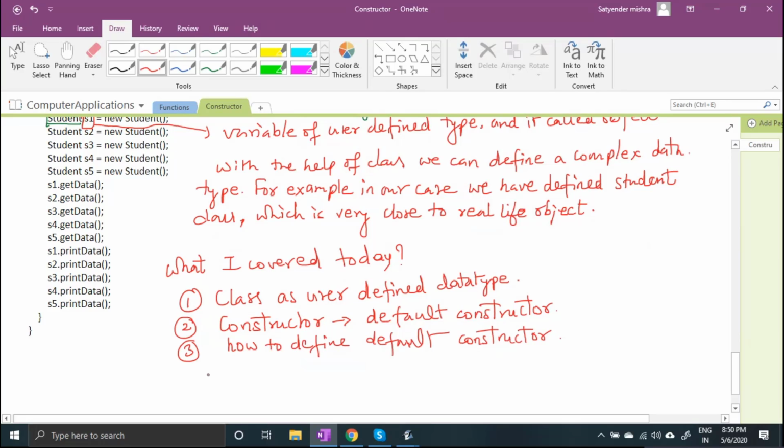Number four thing I have covered is instance variables, or objects. So I hope the idea behind this is clear, right?